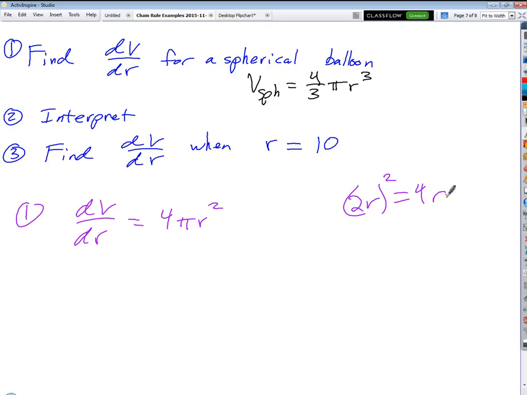Okay, so that tells us something. That tells us that as the balloon gets bigger, any increase in radius is getting us more and more volume as the radius increases, right? Okay, makes sense, doesn't it? Okay, let's go ahead and evaluate this at r equals 10. So at r equals 10,